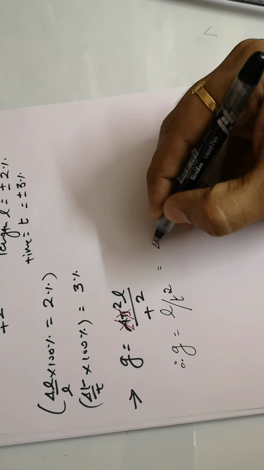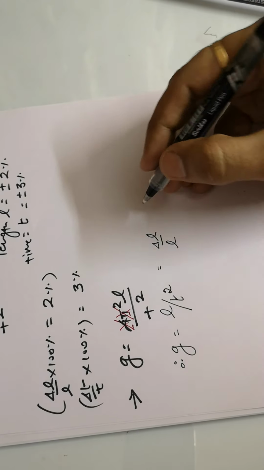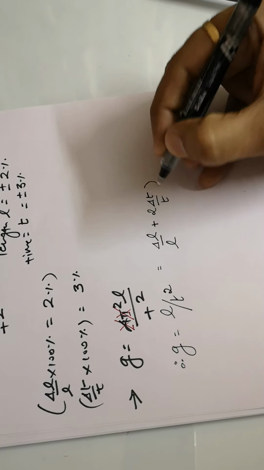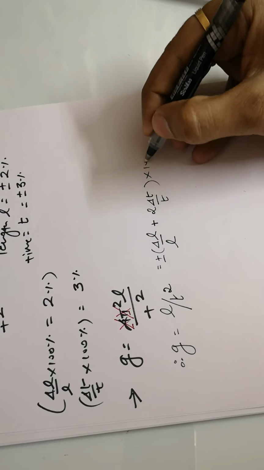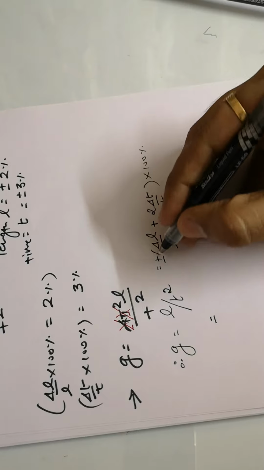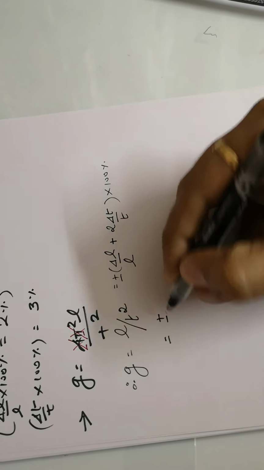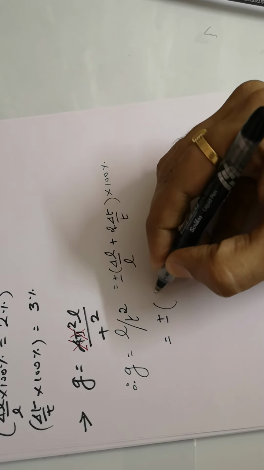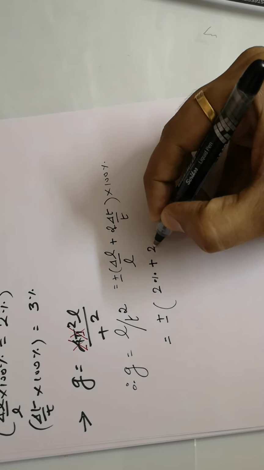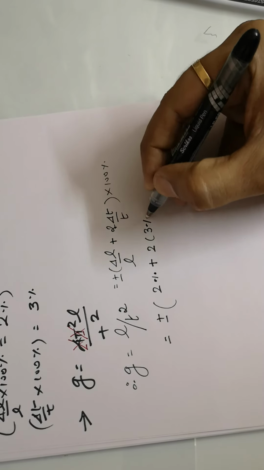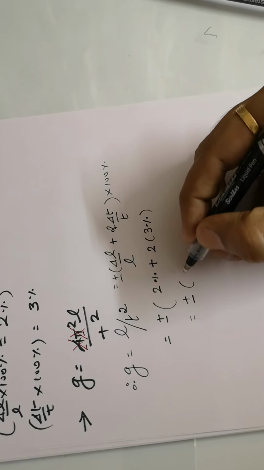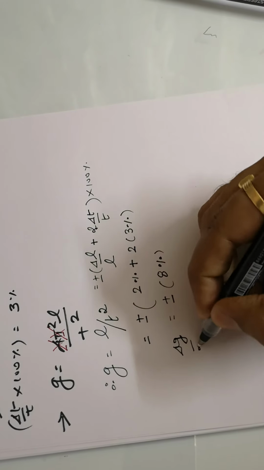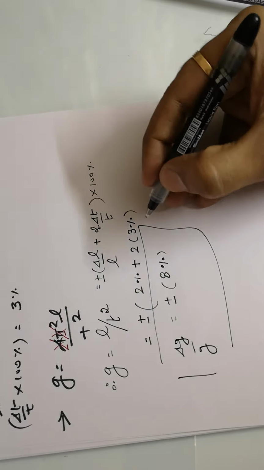So as per our notation, I am mentioning delta L by L plus 2 times delta T by T, and here plus or minus, since I have data in terms of percentages. Our power rule is there: the power is 2, that is why 2 multiplied by delta T by T. Delta L by L is ready, that is 2 percent, and delta T by T is also ready, that is 3%. So I can have plus or minus 8%. It means that my delta G by G, in terms of percentage, can be mentioned as